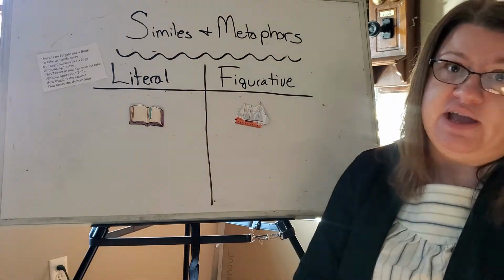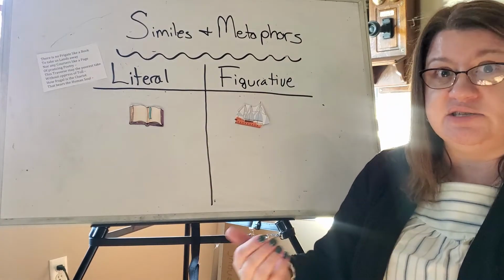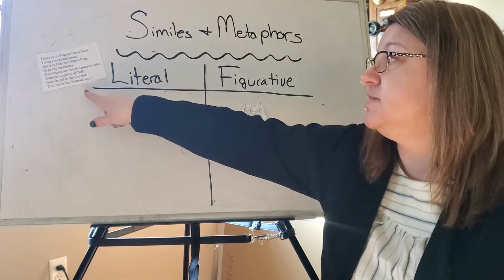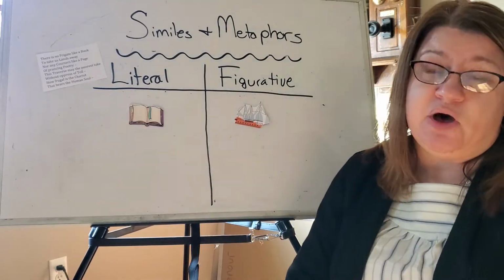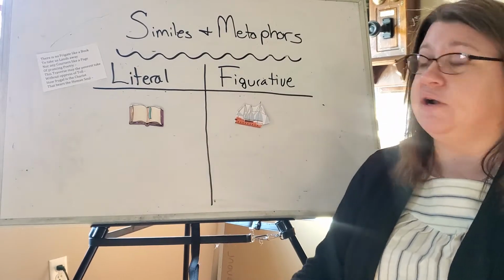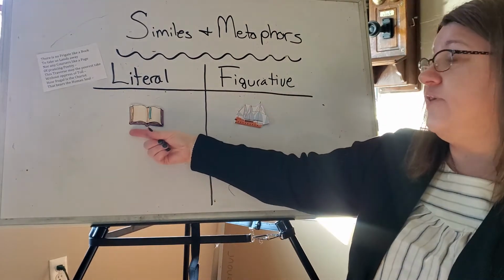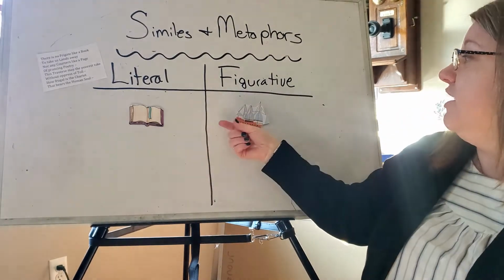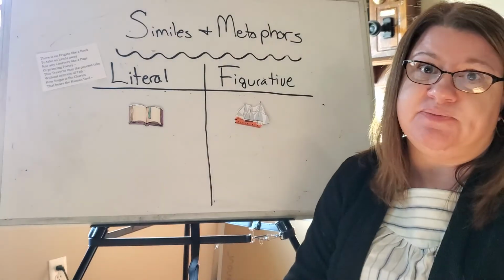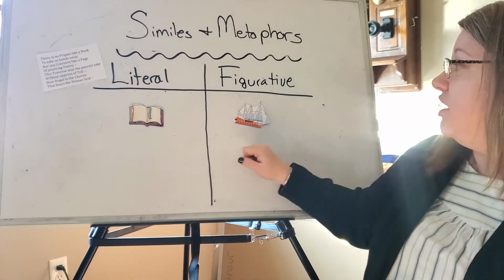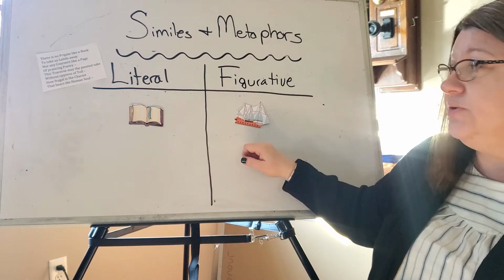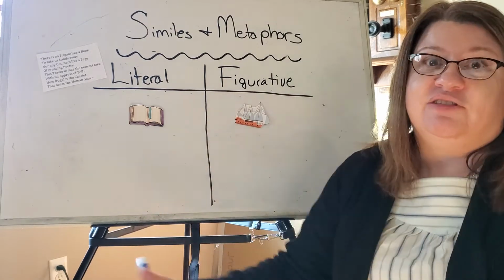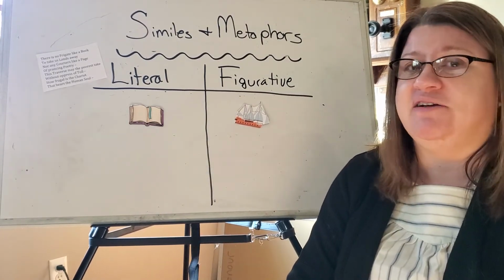So you have to be very careful, and you have to know which side is which. If we mess this up, then we don't understand what she's explaining in this poem. So we have to make sure that we are really careful in identifying what it is that the author is describing. What is the literal thing? And then what is the author comparing it to? When we know what the literal thing is, and we know what she's comparing it to, then we can start to form a much more accurate picture of the intended image and the intended meaning of the poem.